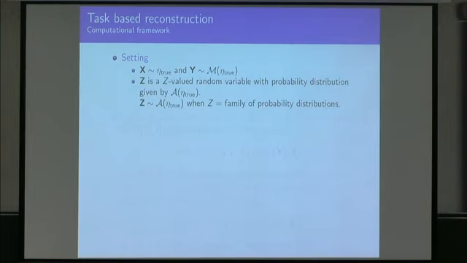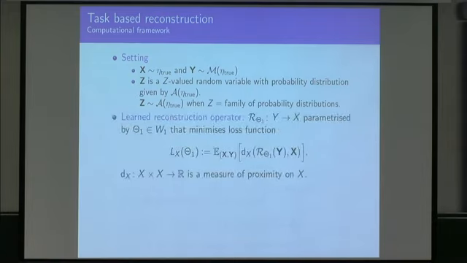And then you have zeta. It could either be just a simple feature, or it could be mapped into probabilities. If zeta is simply features, then you want to have a probability distribution over these features, and it's distributed by zeta. So those are 2 examples. Now I'm going to introduce the concept of a learned reconstruction operator. I'm going to talk about it in a couple of minutes. But let's see that there is some mapping which takes you from data to reconstructions. And it's parameterized in one way. I call it just phi 1.